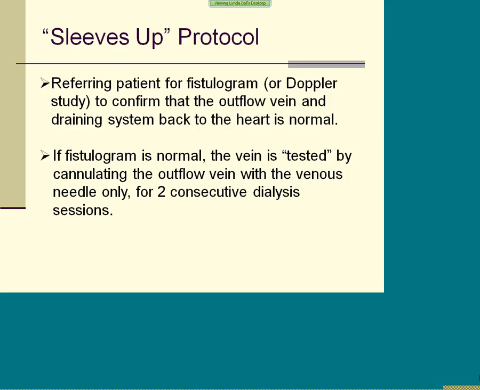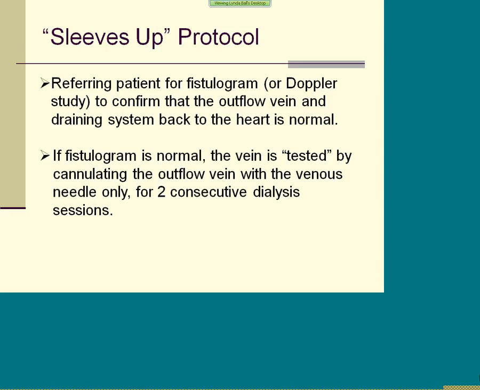We need it to develop from the heart, go back through the access, and come back to the heart, rather than going from a blockage and going backwards. Because if I fix that blockage, guess what? That vessel's going to deflate, and it's not going to be a fistula for us to utilize. So that's the purpose of the fistulogram. It tells me whether or not it was actually created by the heart, and we had a good pump that caused it to develop. So when you find out that the fistulogram is normal, that there are no blockages at all,